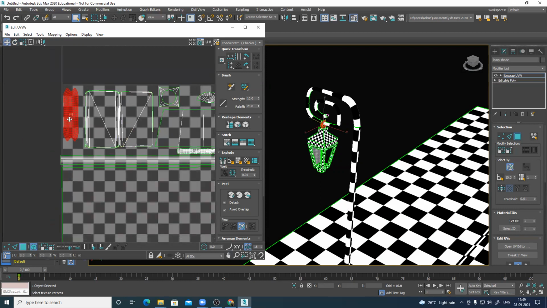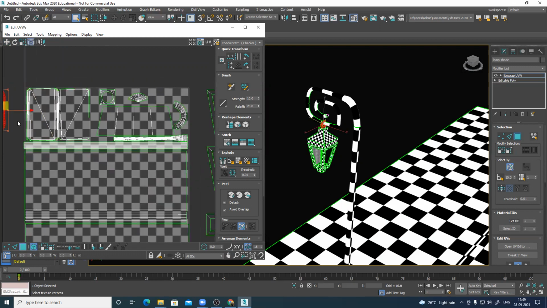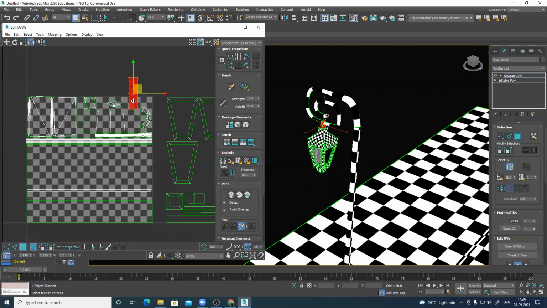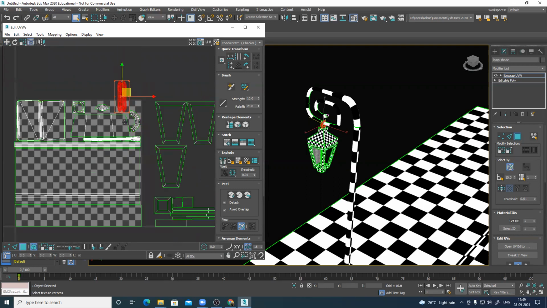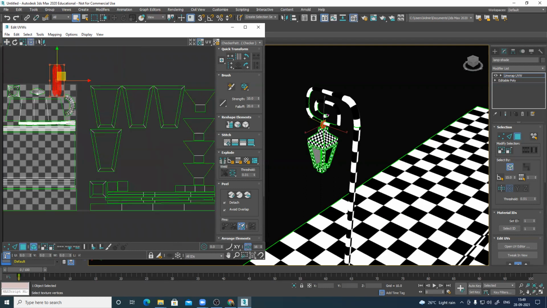Similarly, if I want to properly use this area, let's use this like this. No, no, keep the geometry separate. Glass.